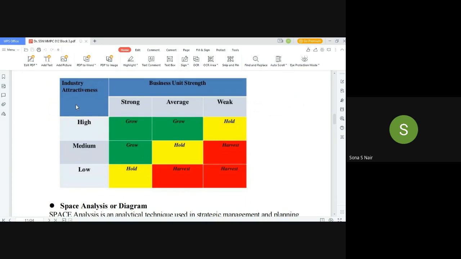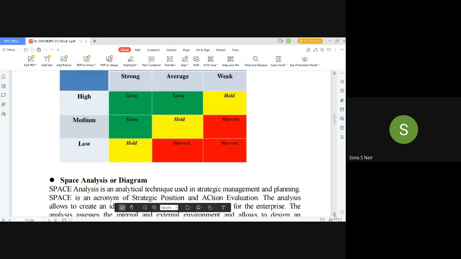But if the industry attractiveness is low and our strength is also not good in that area, we will harvest. Okay, harvest would mean we will sell it off. And now selling off can also have a variety of things, so we'll come to that later. But if the business strength is high in an industry which is attractive, then we have to invest and grow. Okay, so these are the different cells which are worked out of the GE model.